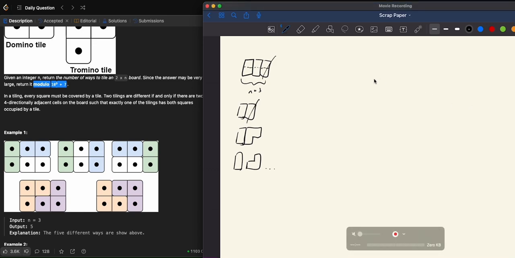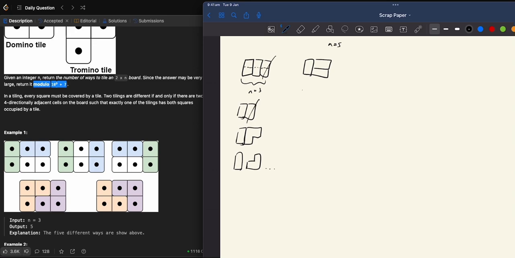In our case, maybe this is not the best example. Maybe I'll do a longer one. Alright, let's say we have n equals 5 or something. So when we have tried